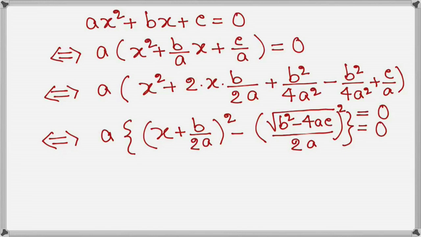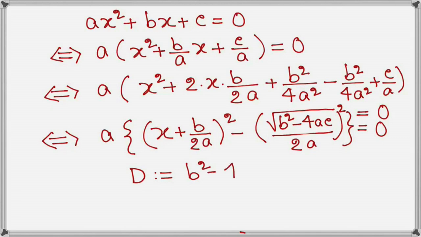Now if we use the formula of x² − y² and use the fact that a is non-zero, we get that alpha and beta are the solutions of this quadratic equation ax² + bx + c = 0. Now this quantity b² − 4ac is generally denoted by D,